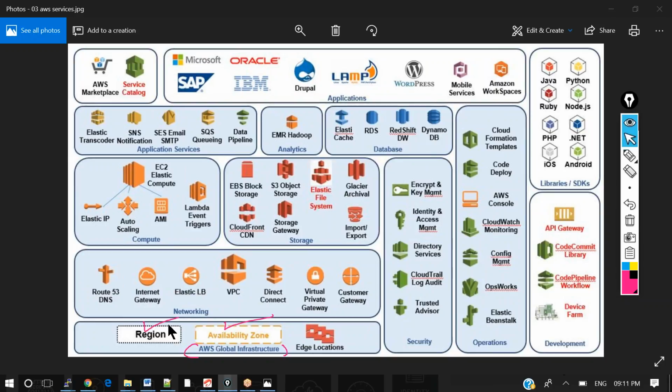Okay, Dinesh, one second. A region is where we are hosting our data center, right? Maybe a region is data center hosting. No, this is not the exact answer. Okay, Chandrabose.